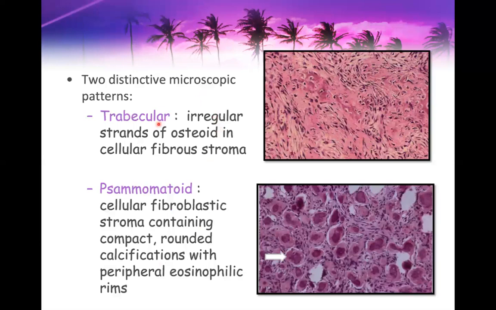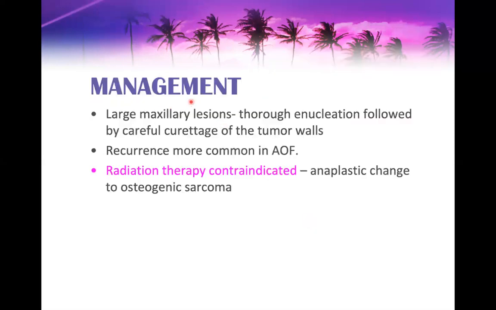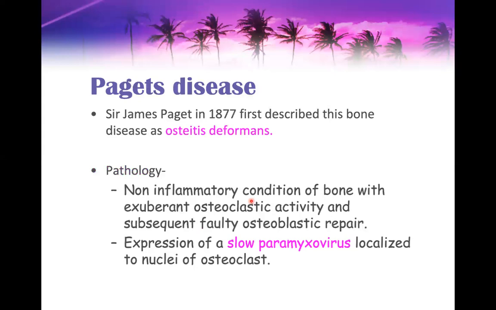Microscopic features: it has got two appearances, trabecular and psammomatoid, with osteoid in fibrous stroma. Osteoid tissue can be appreciated among the fibrous stroma. Management of a larger lesion is thorough enucleation, but recurrence is more common in the adult type of ossifying fibroma compared to that of the juvenile type. Paget's disease: it was first described by Sir James Paget, and the disease was known as